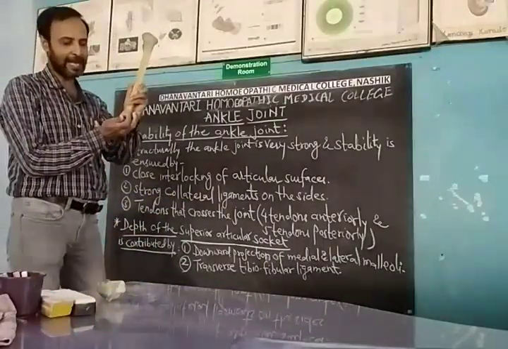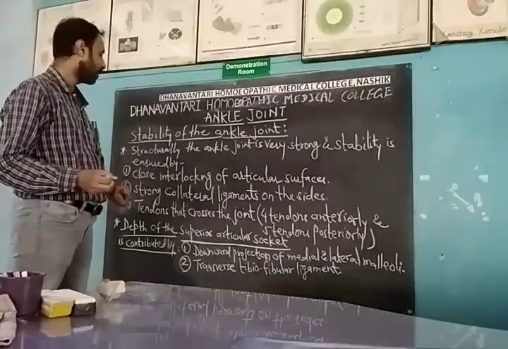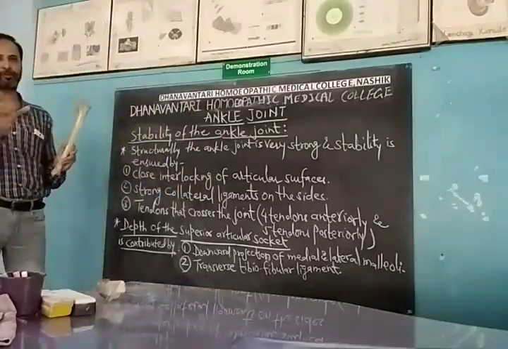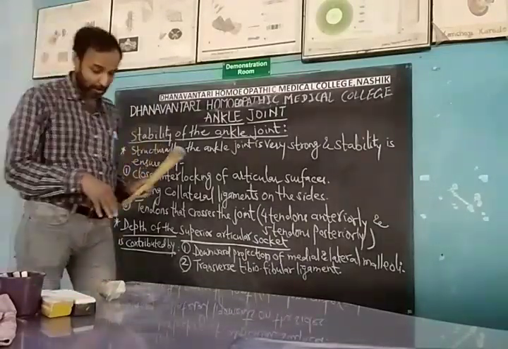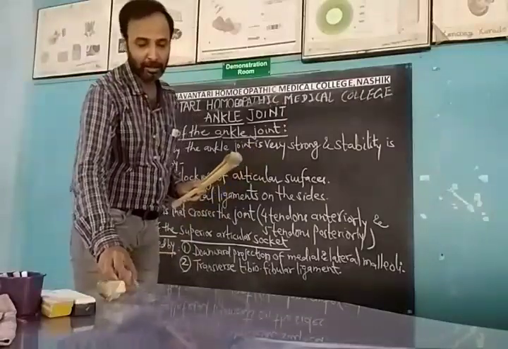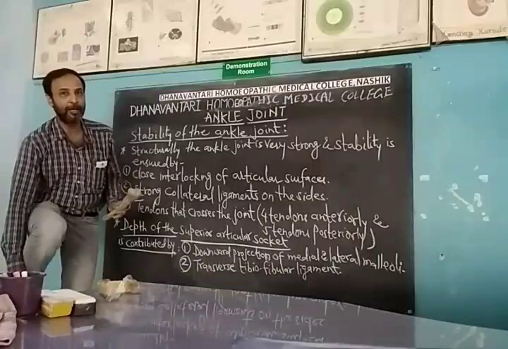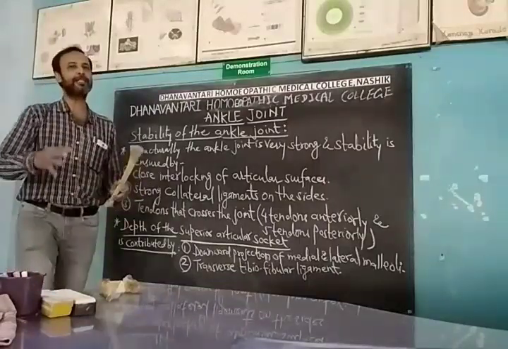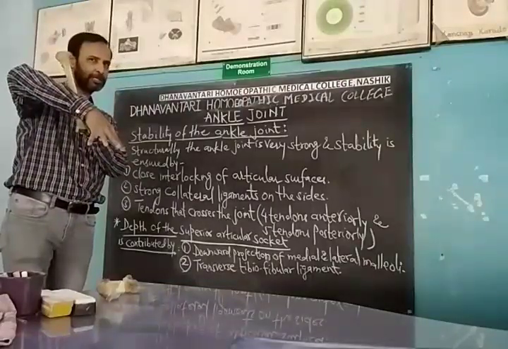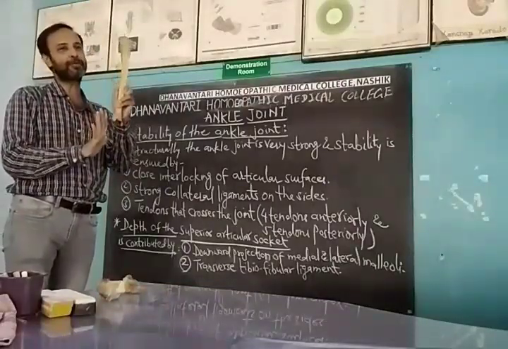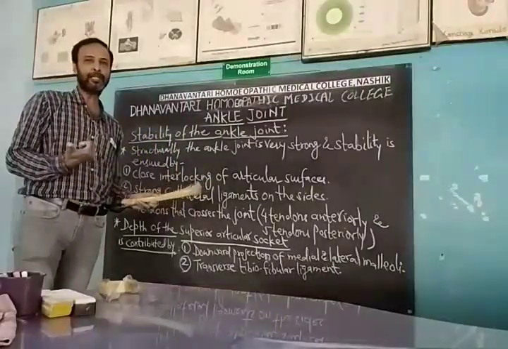Yes, on either side, lateral and medially, there are strong collateral ligaments. They are present, and therefore that gives us stability. And third, the tendons. Yes, this is very important. In the lower part of the leg, from the leg to the foot and to the toes, there are tendons which go and attach. So there are four tendons anteriorly, and behind, five tendons. The names of these tendons we are going to learn in the relationships.